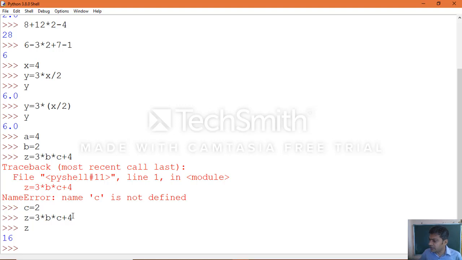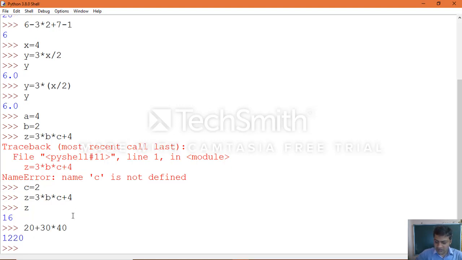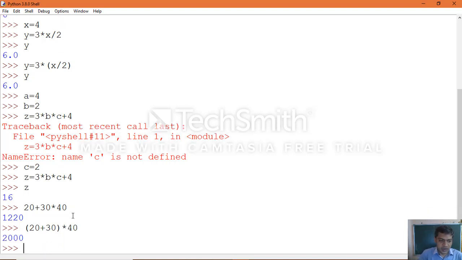In the same way, we saw when we calculated 20 plus 30 into 40. Now change the expression: apply parentheses to 20 plus 30, then multiply with 40. When you apply the parentheses, that part has the highest priority.